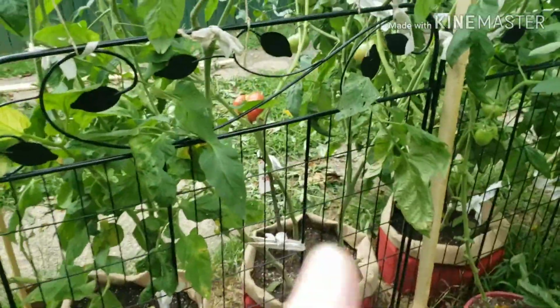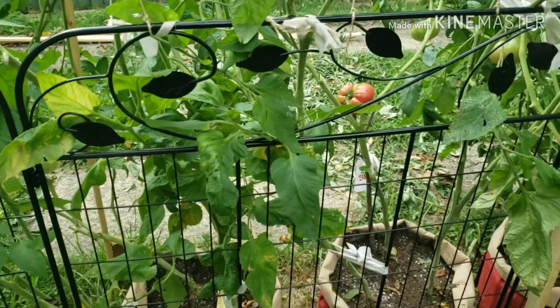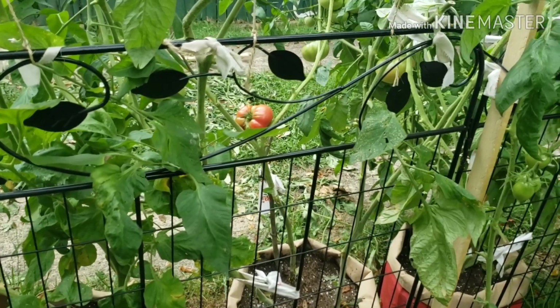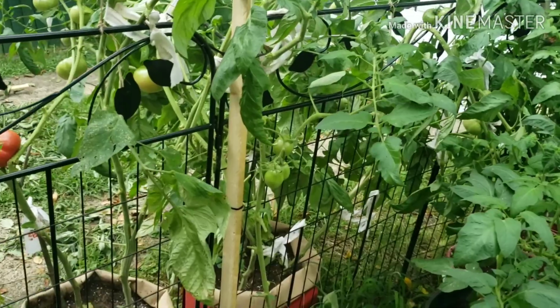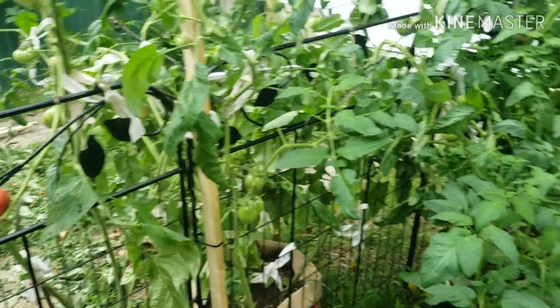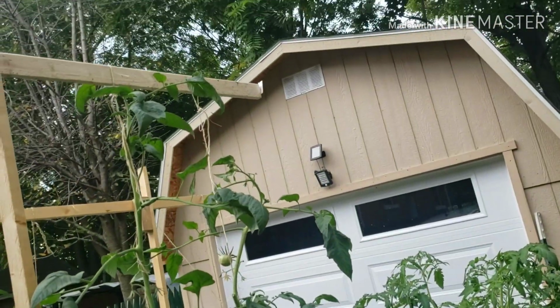Now we have that one still. I didn't pick it, but I think I need to go ahead and pick it. It does have some bad spots in the middle. And even the ones that I hung previously, there needs to be some improvement on what's going on. And then I ran out of space. I might be able to get one